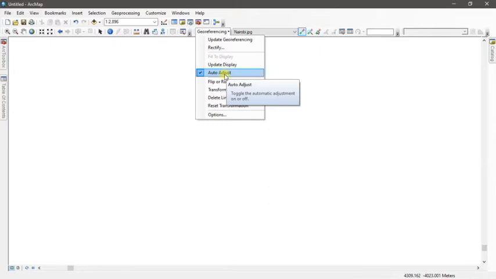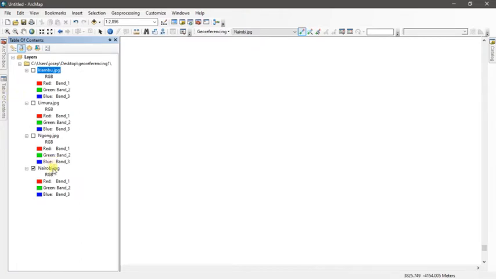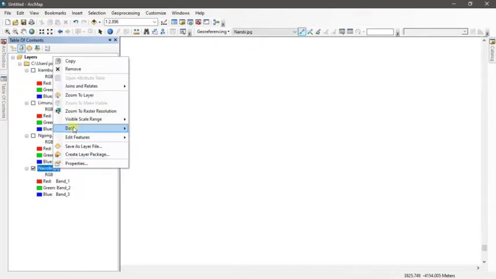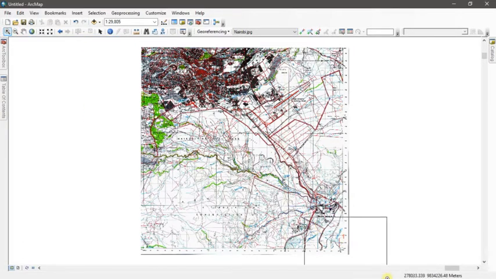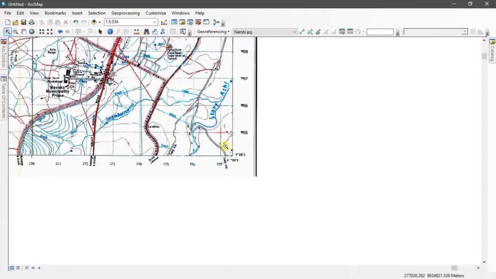That means if I put one control point, it automatically tries to adjust itself to where it is. So what I have to do is just go to Nairobi, then zoom to layer, and there you have your map. So I'm going to operate with the 3 points.